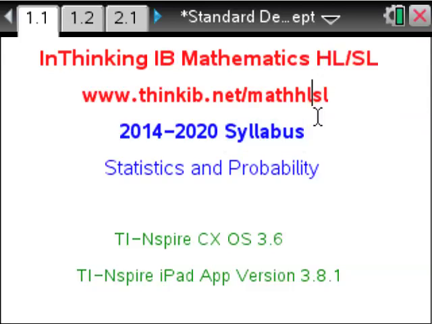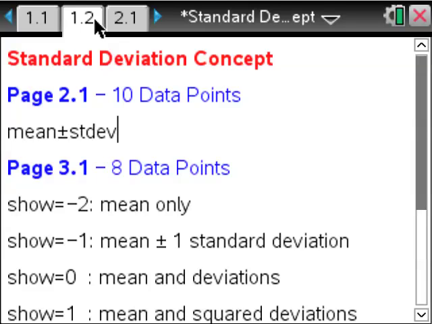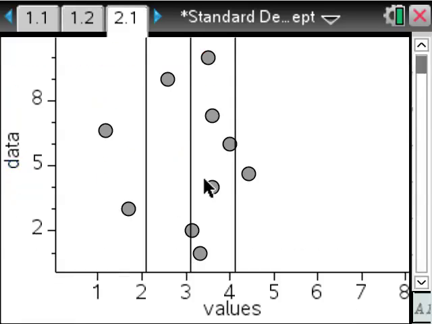This document links to the Statistics and Probability topic of the IB Maths course. On page 1.2 it explains what's coming up on the following pages. On page 2.1 I have 10 data points, and this line in the middle represents the mean, this line represents